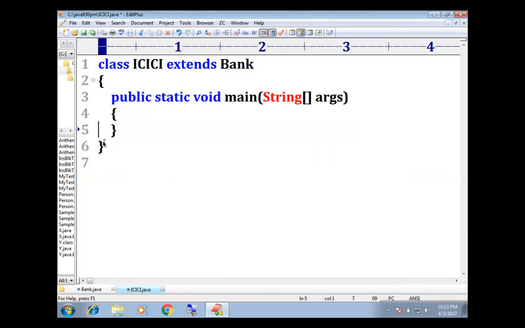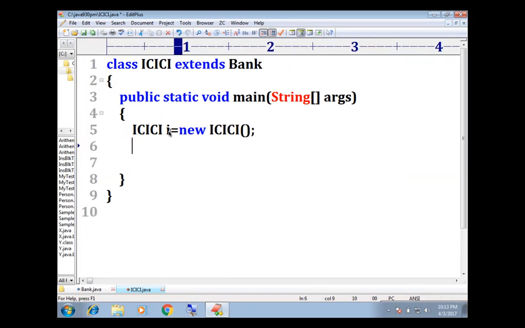Just assume that I specified ICICI, meaning we are creating the object for this particular class. For the ICICI class, we are creating the object. ICICI is equals to what? New ICICI. And simply I'm writing here